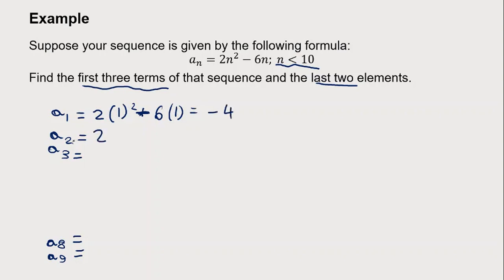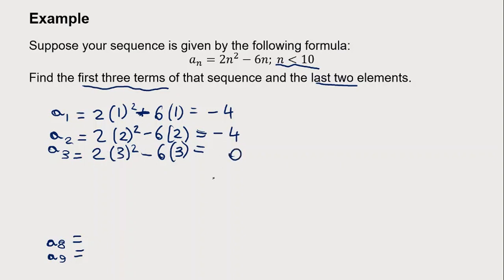Then n takes a value of 2, so I replace n with 2 in both places, giving me 4 times 2, 8, minus 12, that's minus 4. Then a3: 2 multiplied by 3 squared minus 6 multiplied by 3, that is 9 times 2, that's 18, minus 18, that's 0. So my sequence starts with minus 4, minus 4,